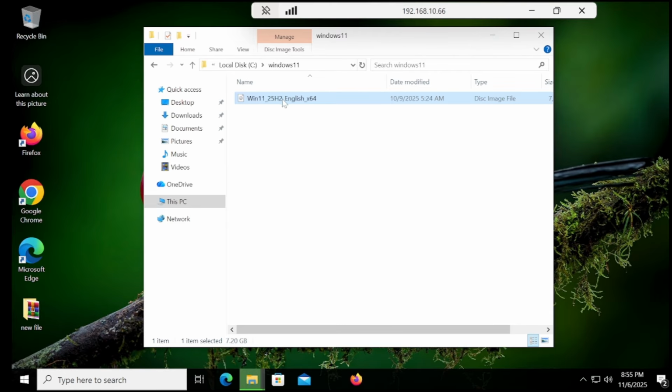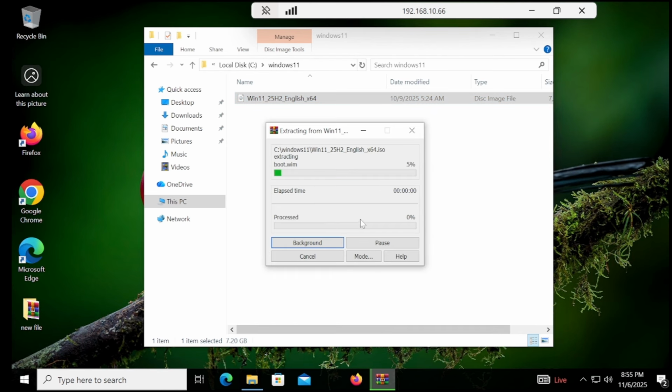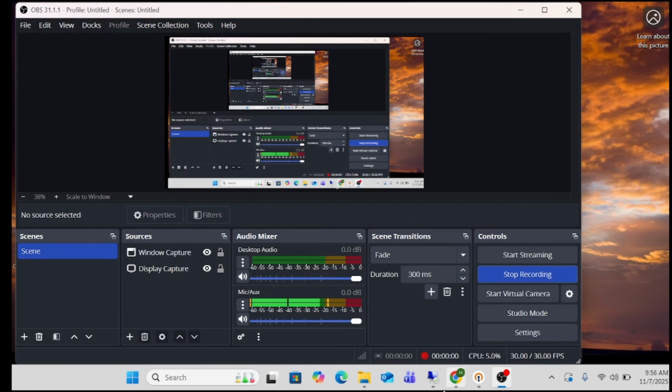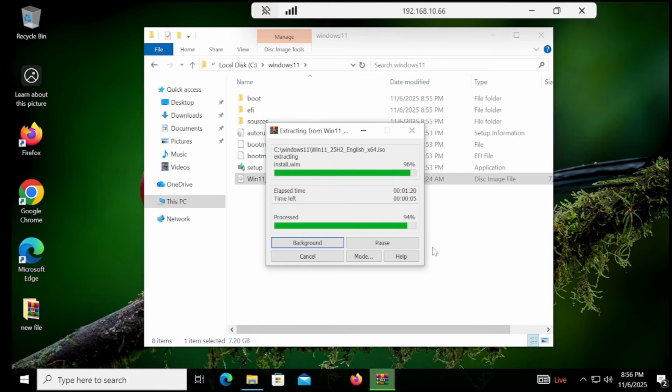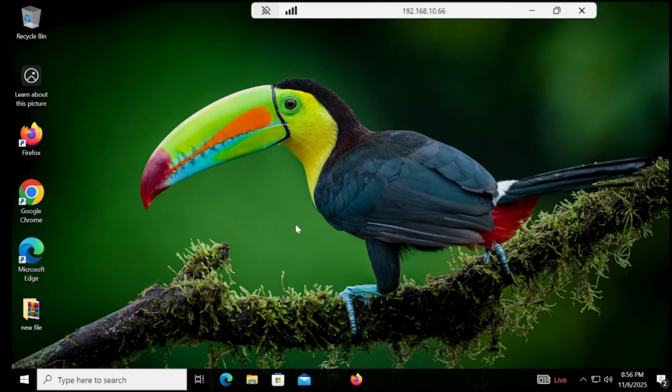So once it is copied, then we have to extract here. So it will extract within 5 to 10 seconds. So I'm going to stop this video, otherwise the video will get longer. Once it is done, I will be back. So it is almost done, and you can see that. So once it is done, close it. Then you have to open